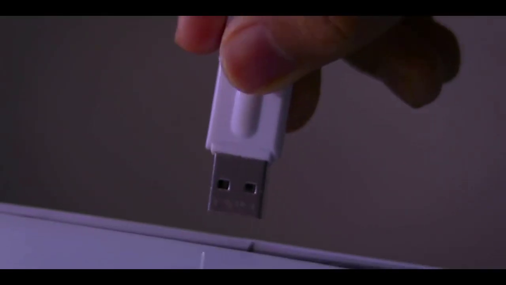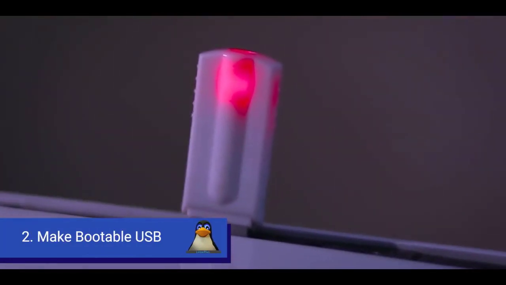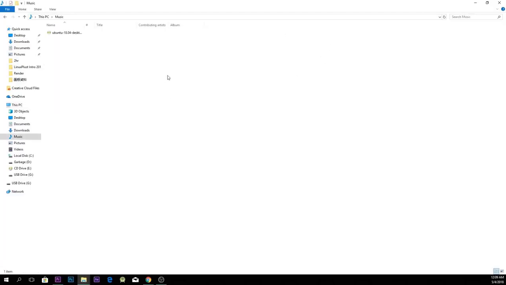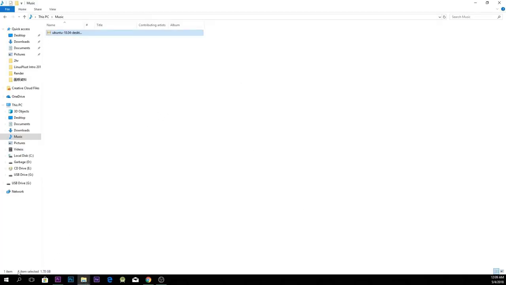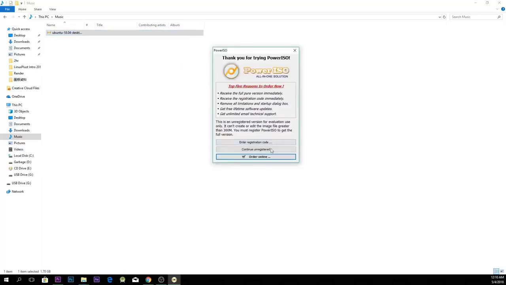Now you have to insert a USB pen drive, and a minimum 4 GB USB pen drive is required for making a bootable USB. Now you have to open the ISO file that you downloaded from the Ubuntu official website. I need to open it with Power ISO. If you don't see the Power ISO application here, you can search. As I'm using the free version, you have to wait 4 seconds and then hit continue unregistered,